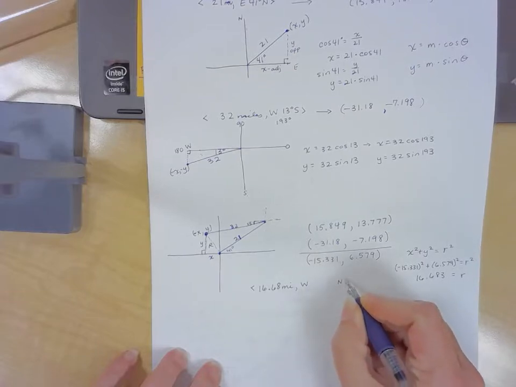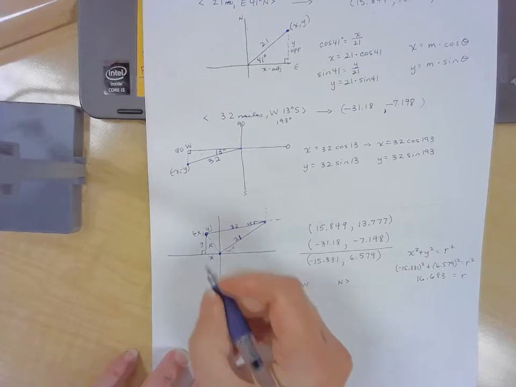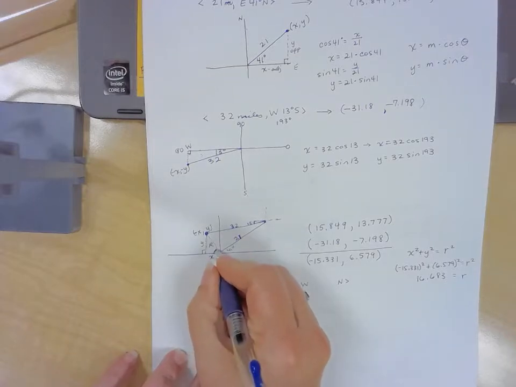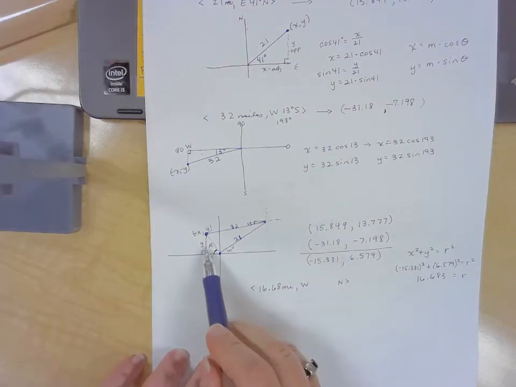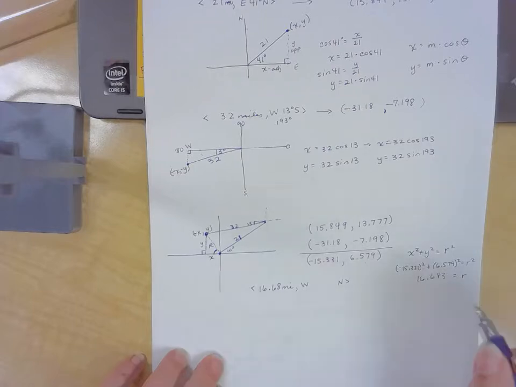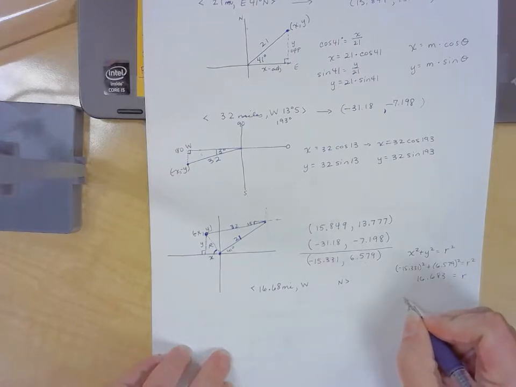But how am I going to figure out what this angle is from the east-west line up to the resultant? That's another trig problem. I've got y and I've got x, and I'm looking for the angle. Which of those trig relationships has a y and an x in it? The tangent